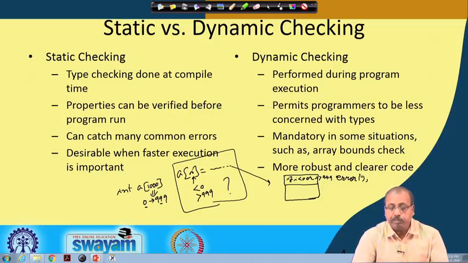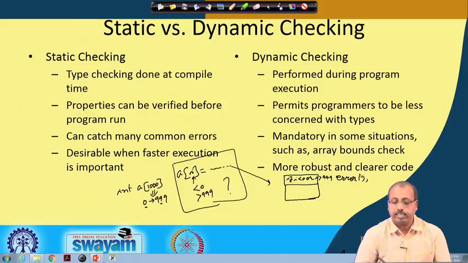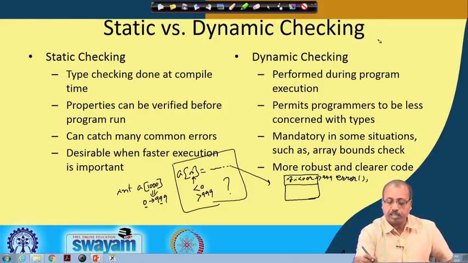For example, if you look into a language like Pascal, you will see that this array bounds check is there, whereas if you look into a language like C, C will not ask for this array bounds check. Why is it not asking for array bounds check? Of course, there is a reason: the C language allows you to access arrays by pointers also. Like you can always say p equal to star a,